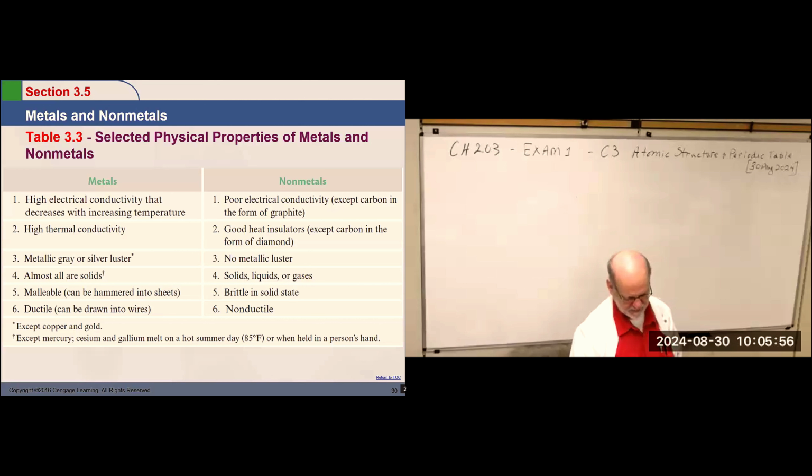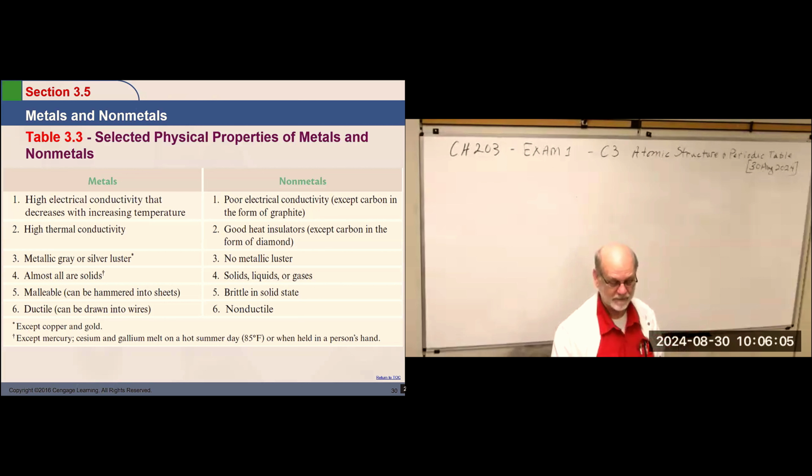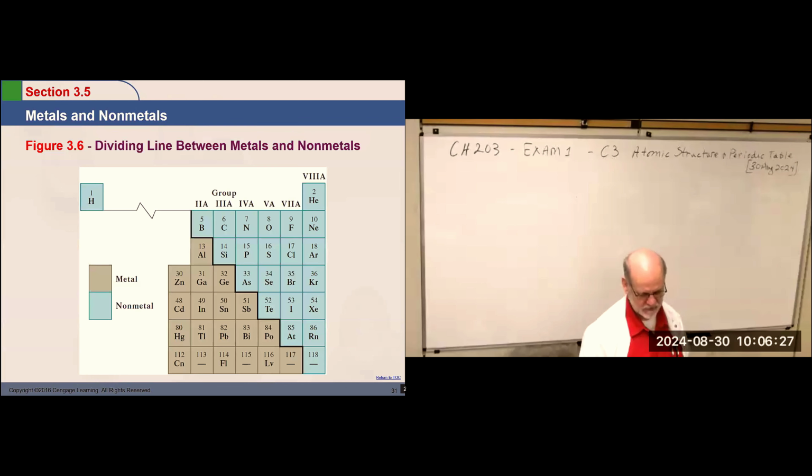Okay. That's good enough for now. That's a major division. So most of the elements in the periodic table are metals. Very few of them are nonmetals. Now that's significant when we start to build compounds. The way they behave, their chemical behavior with one another depends on whether you're trying to combine a metal and a nonmetal or two nonmetals. And we'll get to that. Okay, so there's your division.